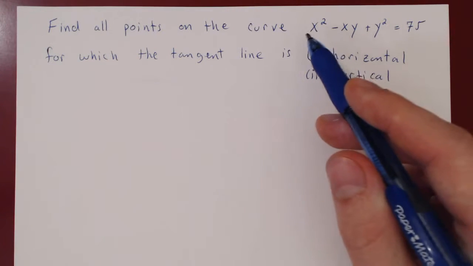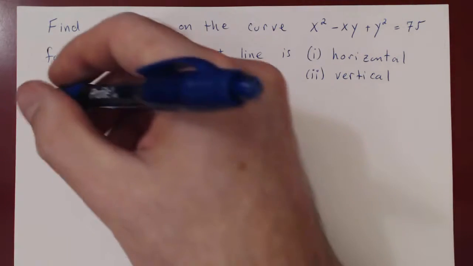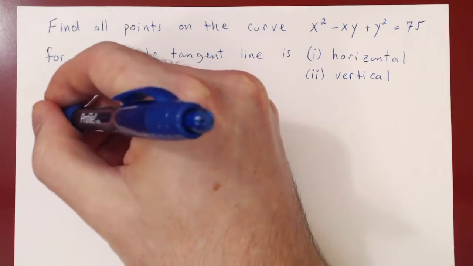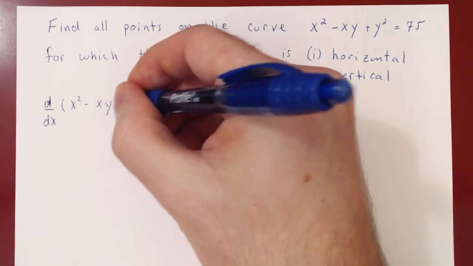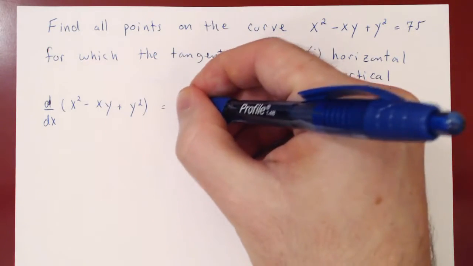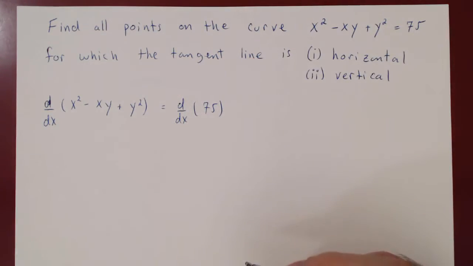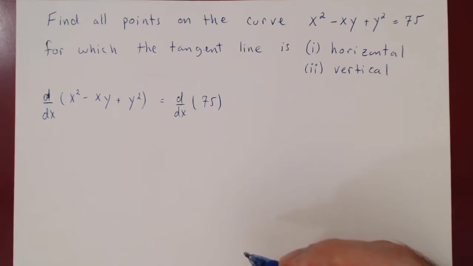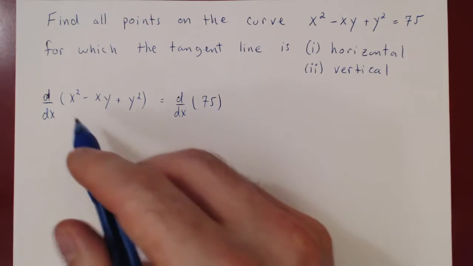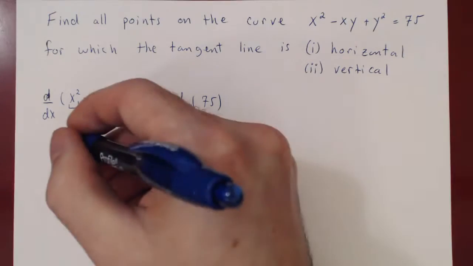As always, we think of y as a function of x, and we can differentiate both sides with respect to x, since both sides are equal. Well, let's differentiate both sides carefully. So here, the derivative of x squared, that's simply equal to 2x,